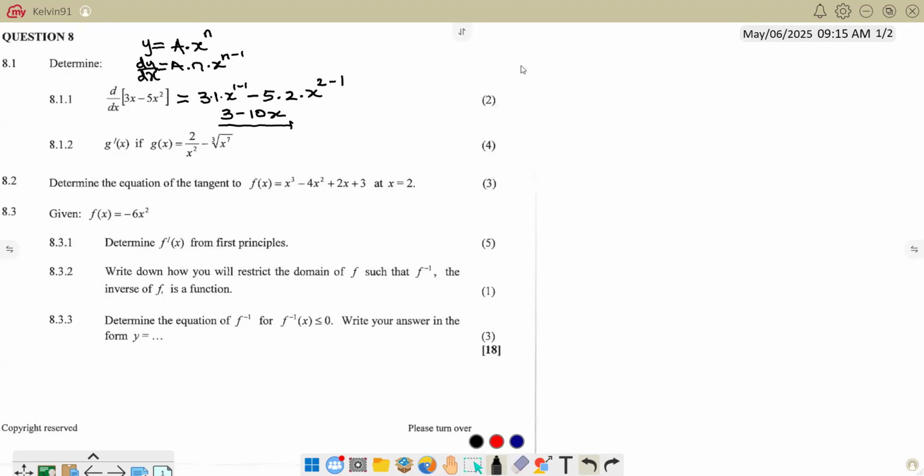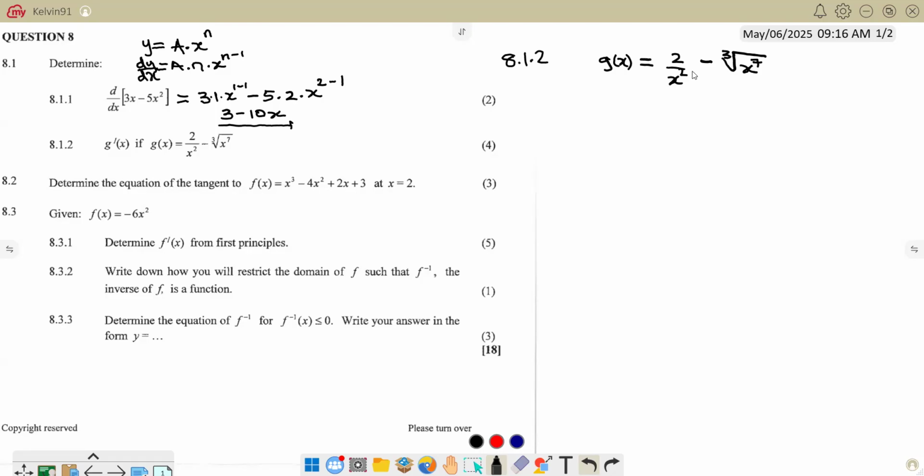So on question 8.1.2, you are supposed to determine g prime of x if g of x is equal to 2 over x squared minus the cube root of x to the power 7. So you have to ask yourself, whenever we are using rules, ask yourself on each term,